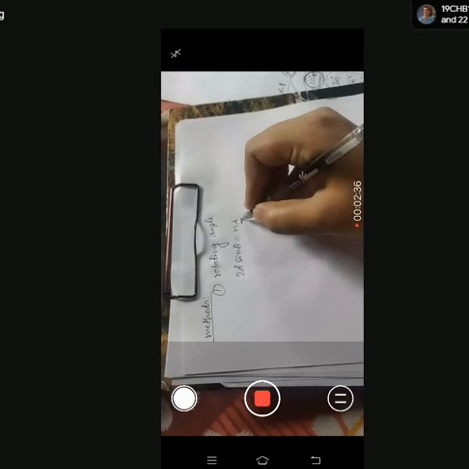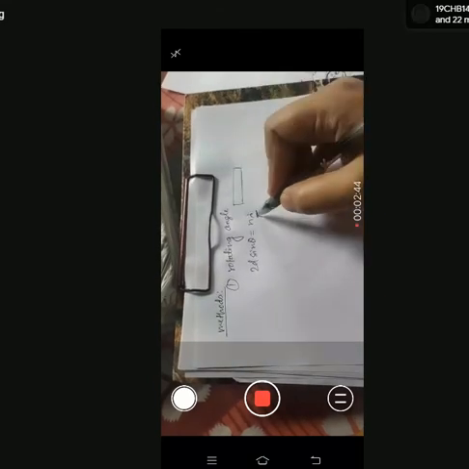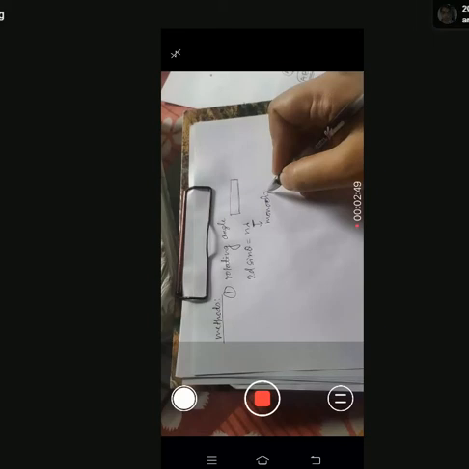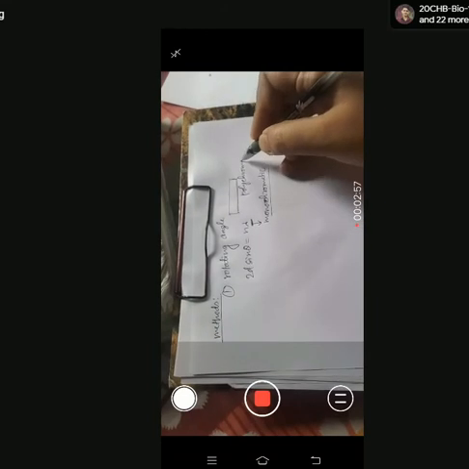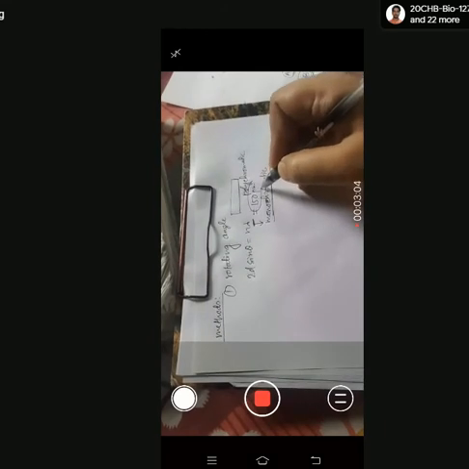If you see 2d sin theta equals n lambda, since the X-ray coming from that chamber is composed of a range of wavelengths, we will select a single wavelength, and it is called monochromatic light. When the light is composed of only a single wavelength, it is called monochromatic light, and the first one was polychromatic light. This is monochromatic, that is only single. If I say 150 picometer, I am selecting only this wavelength.